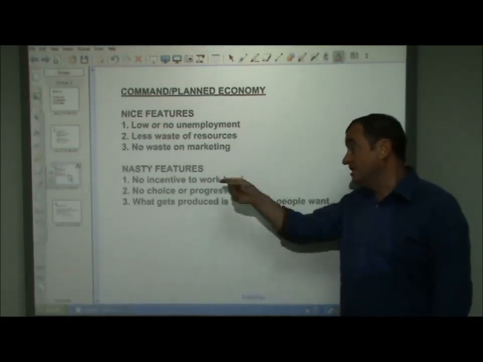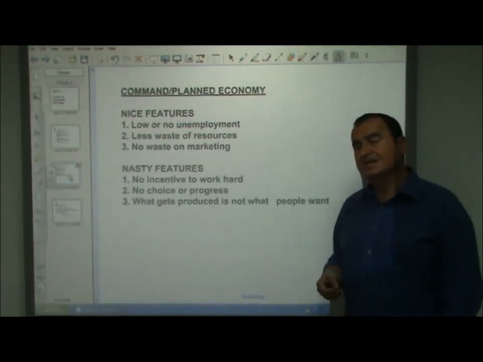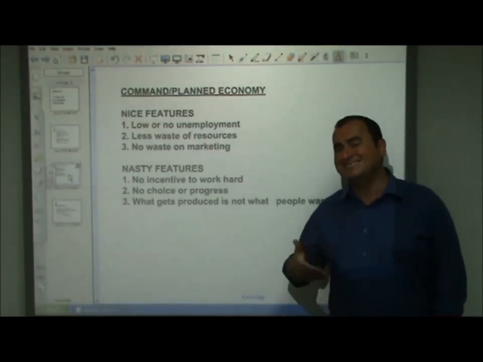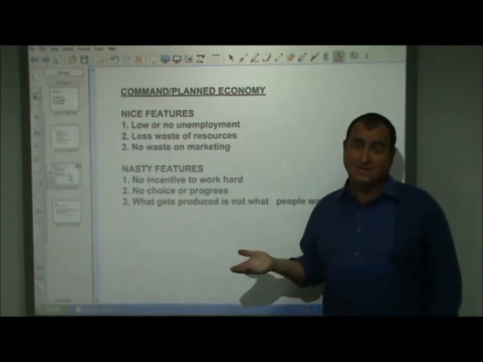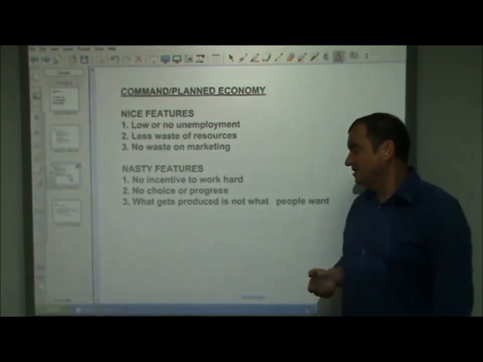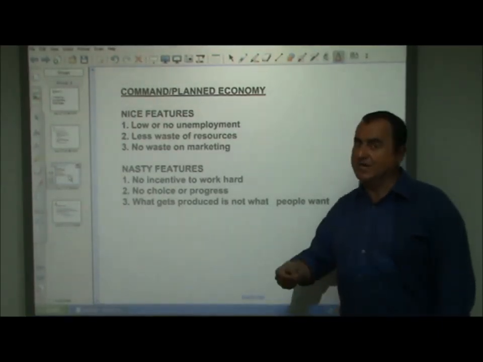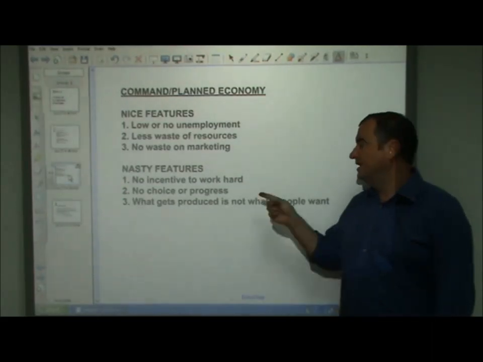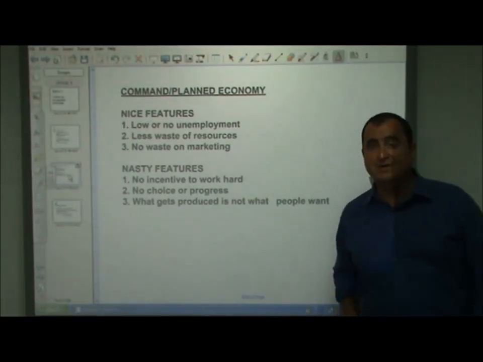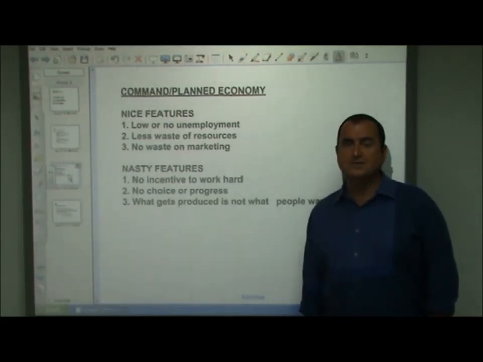However, there would be no incentive to work hard, and the quality of work would certainly suffer because under the price mechanism, if a company is not producing a good which people want or is not producing it at a competitive level, they will go out of business. That's not going to happen, and workers will know that, and so the quality of work will very likely fall. There'll be no choice for consumers. They have to buy the product that is allocated to them by the government supplier, and there might be no progress as well. And that reminds me of a very nice story which Alan Greenspan, the ex-Federal Reserve chairman, told.